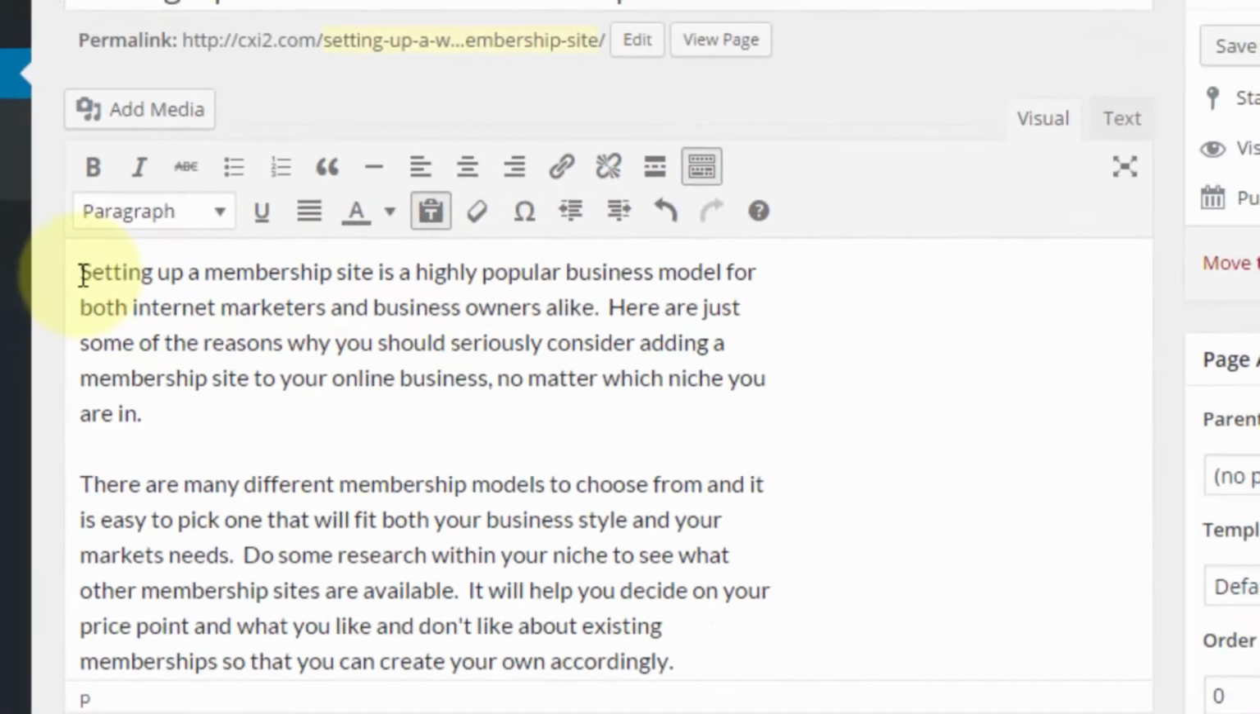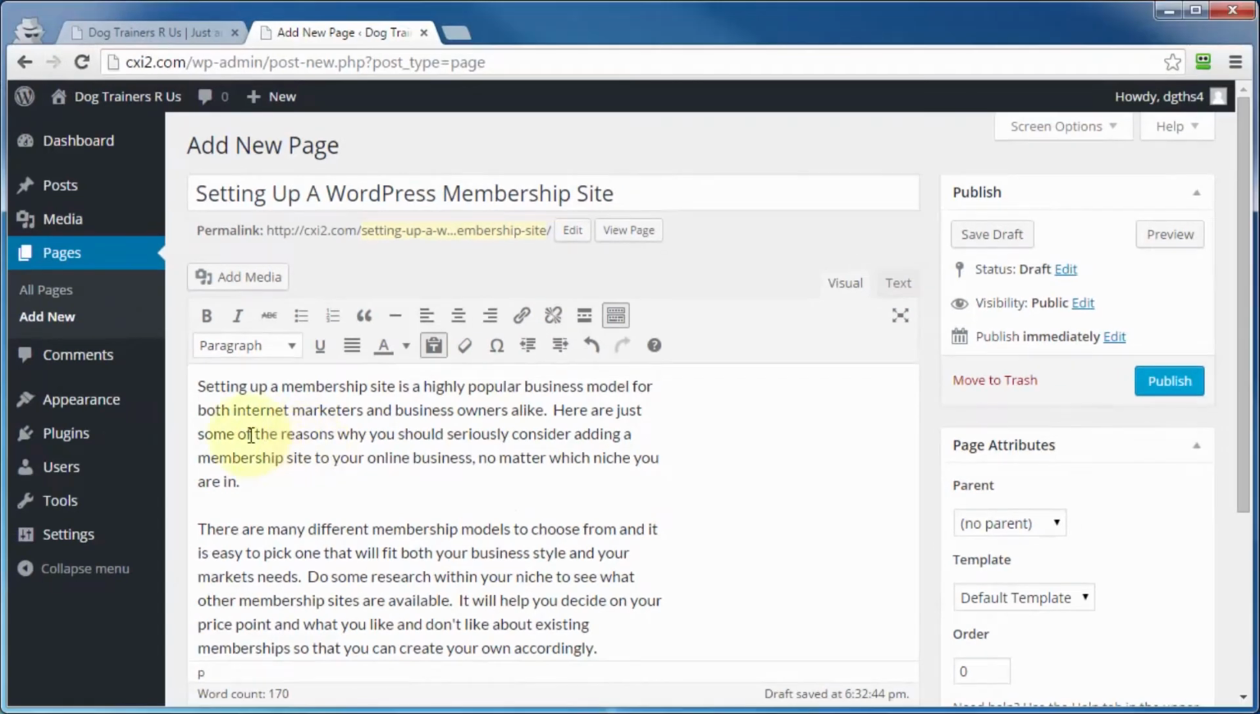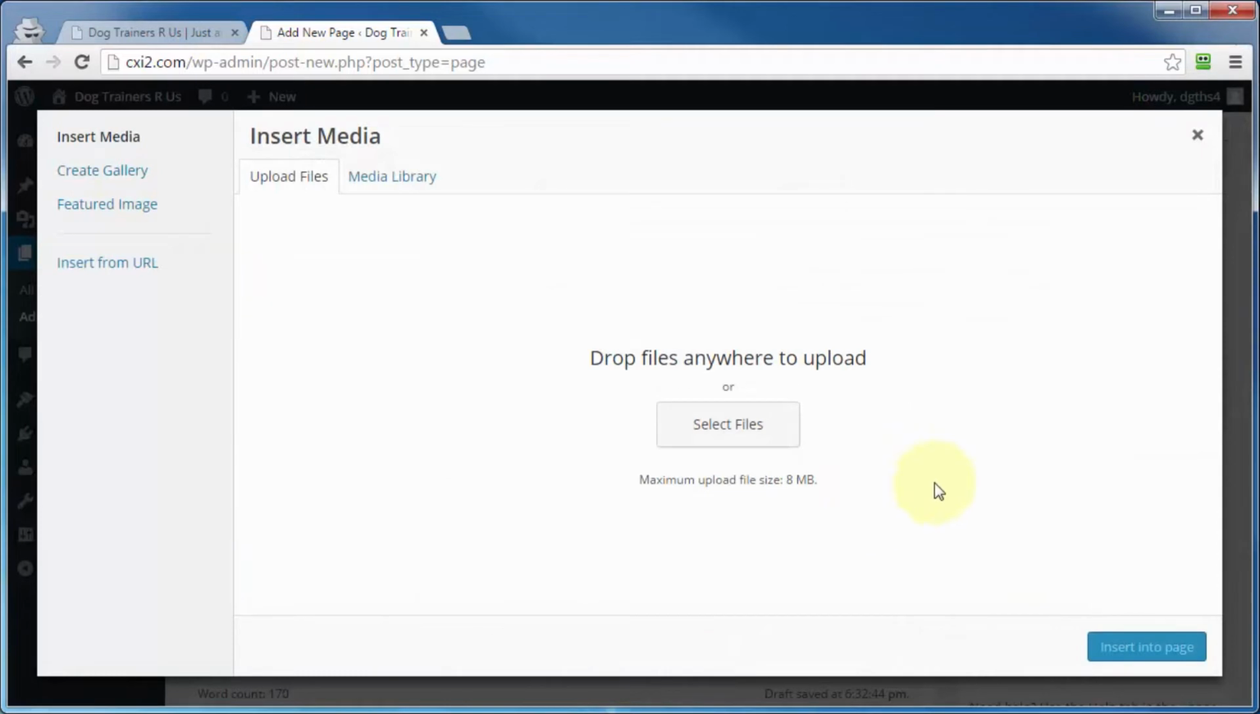Now, if you wanted to add media to this, like an image or video or anything from the media library, then you can do that by clicking on the Add Media button right here. Just put the cursor somewhere in the editor window where you want that media to be added, then come on up here and click on Add Media,